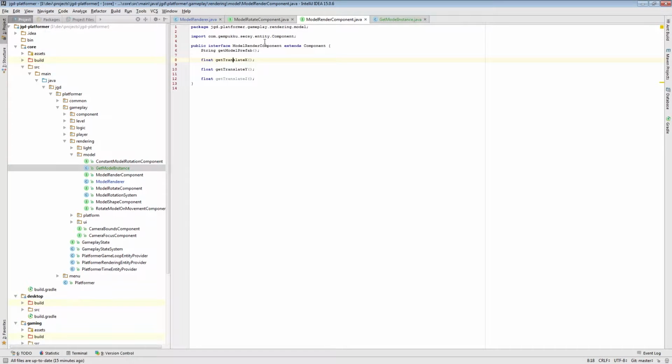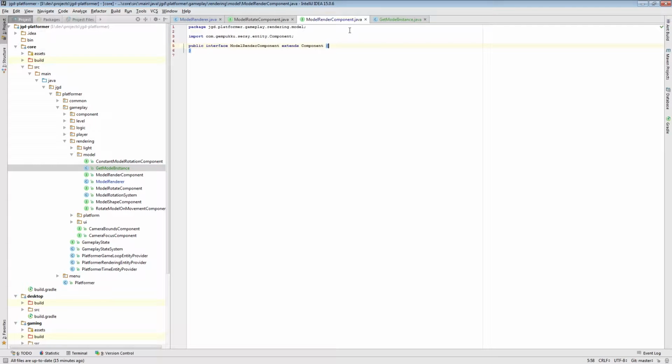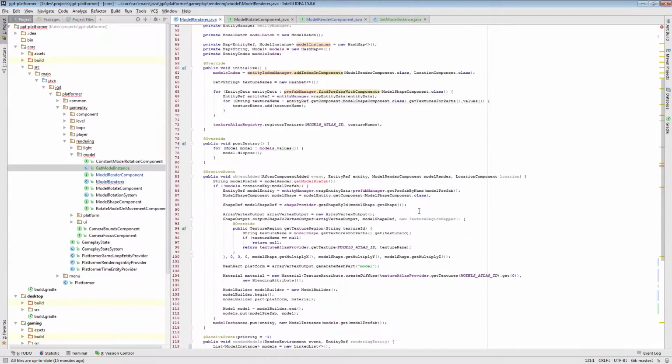Yes, so at the moment this is like a flag component saying this entity should be rendered somehow, which is why I don't need this anymore. And instead,